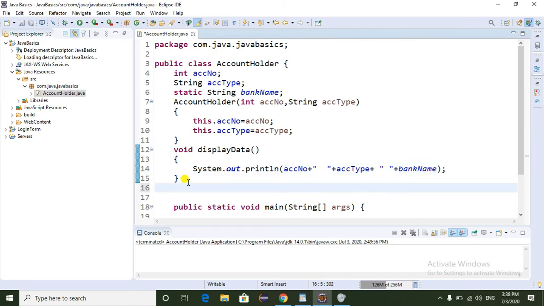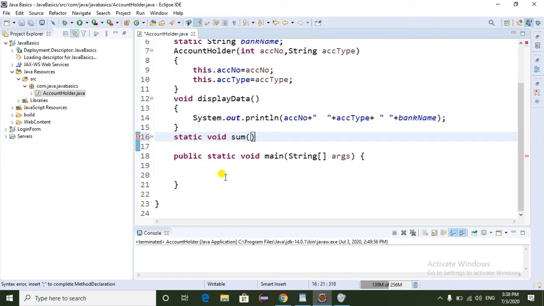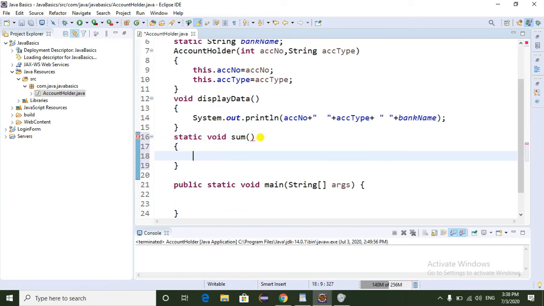And then I am going to declare a static method, static void sum. So here I am going to write one static method. In this static method, I want to find out the sum of two numbers, 10 plus 20.